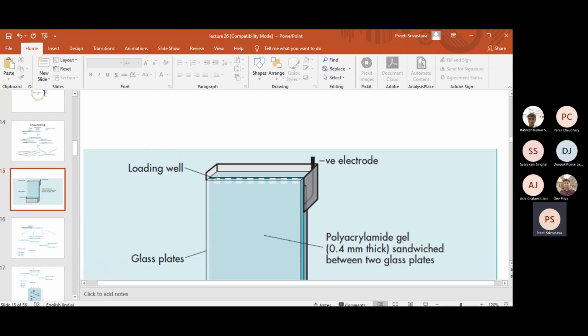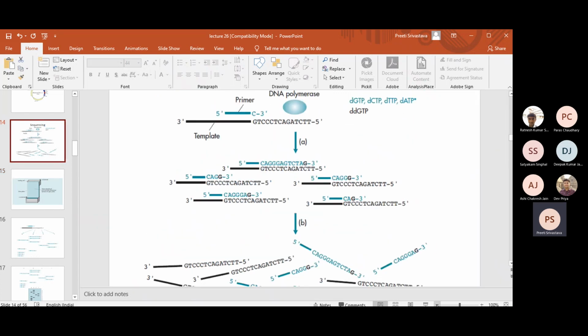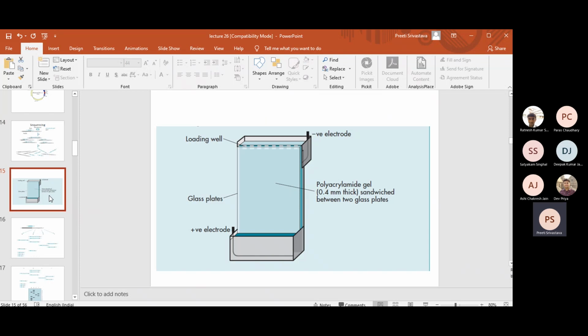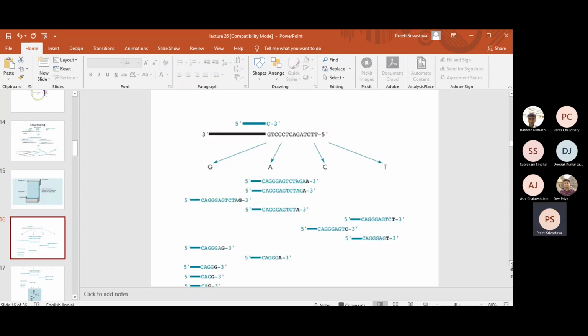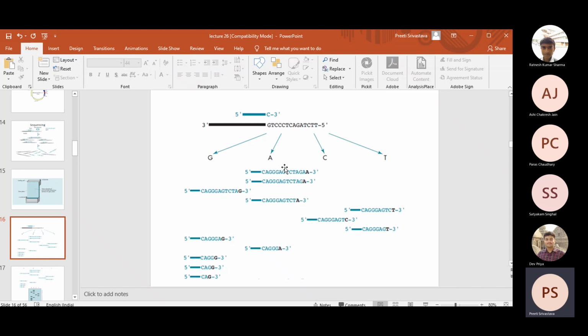And then you can analyze them. So over here, for example, let me make it smaller. These are the various products which are obtained, and they can be analyzed on these gels. These are big gels. The conventional older gels were really big, up to 70 centimeters in length, really long gels, and they are thin, for example 0.4 millimeter thick. So ultimately, from this sequence you can get different types of these chain terminated molecules, correct?